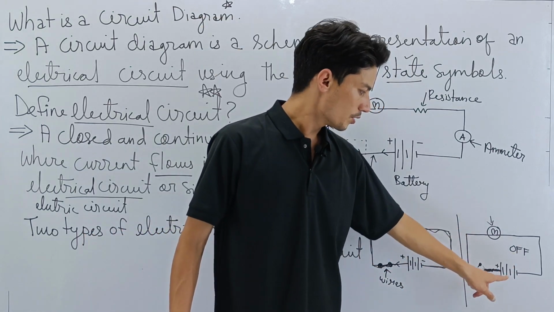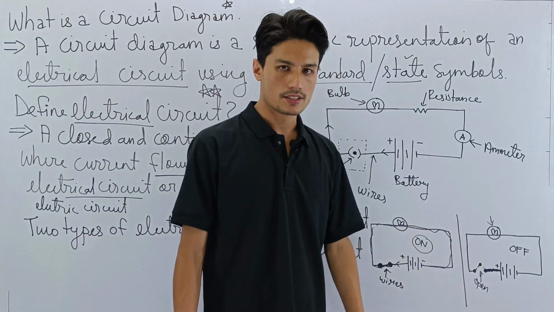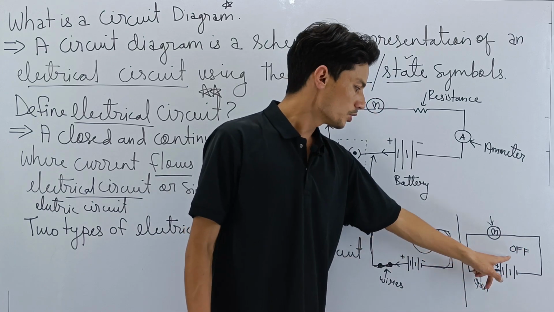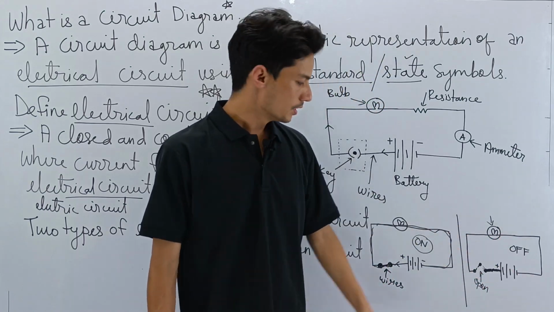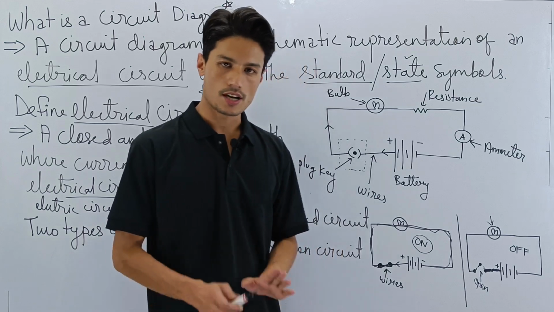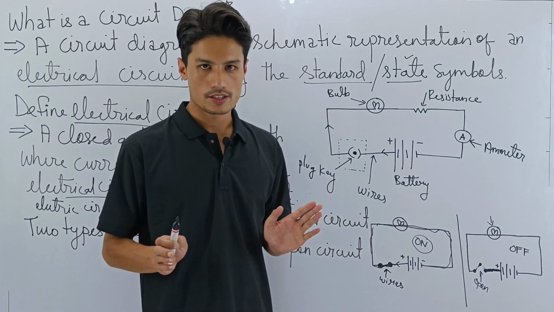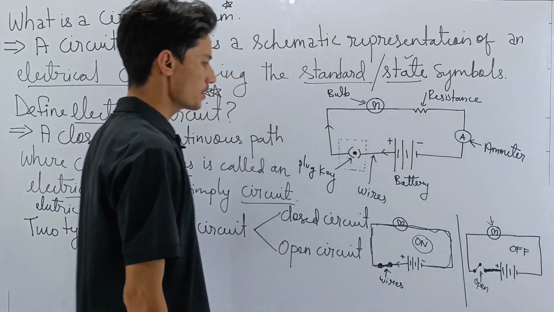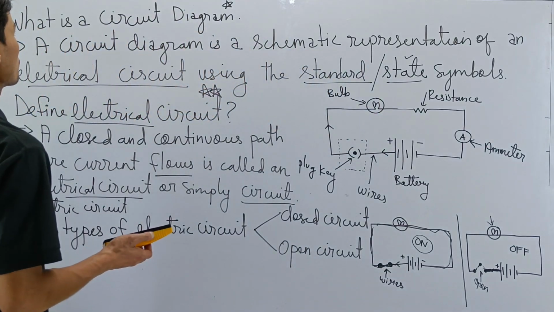Current flow is off when the circuit is open. So when the circuit is open, current flow is off. That means no current flows in the system. No current flows in the circuit. Are we clear? Yes? Alright. So if you are clear till this much, then we will go to the next topic, which